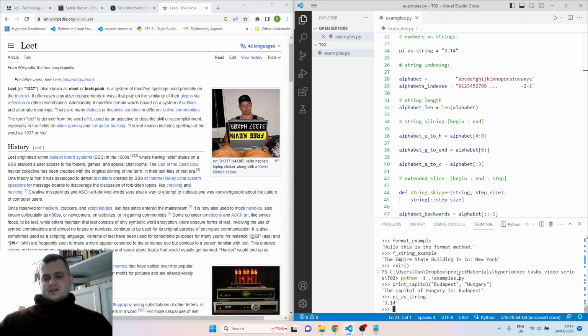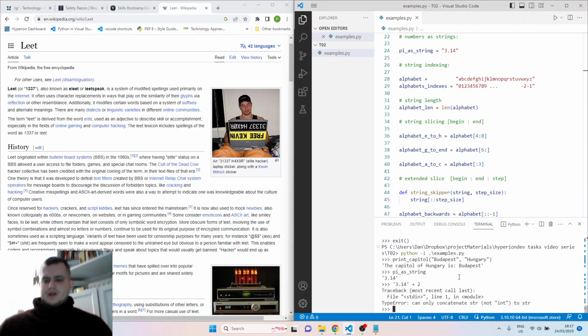So with strings you can use either single or double quotes, both work and it doesn't make any difference. Just make sure to use the same one on both sides. Now if you do this, like plus 3 or 2, it won't work because you can only either concatenate strings to strings or add numbers and